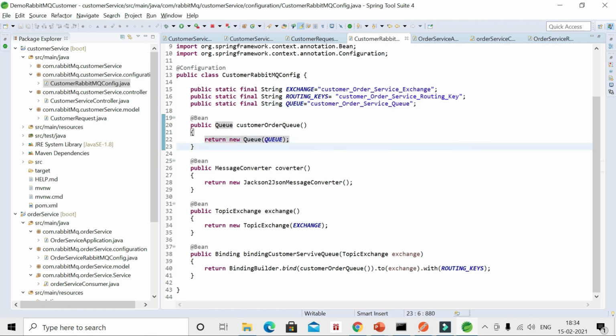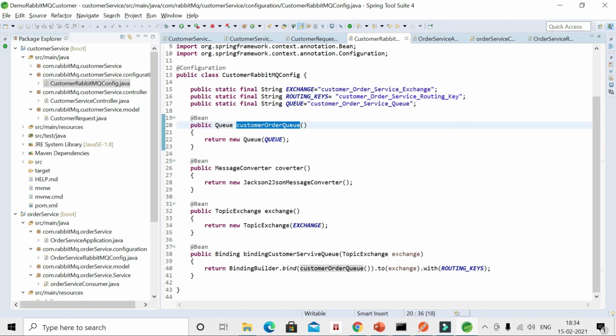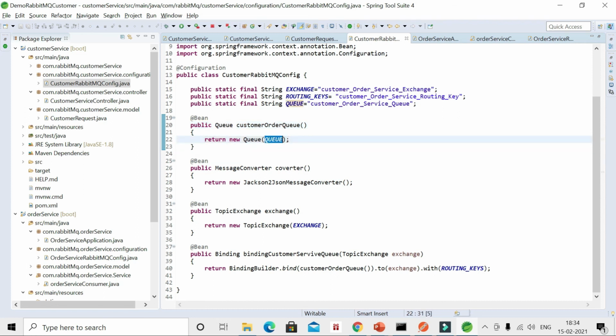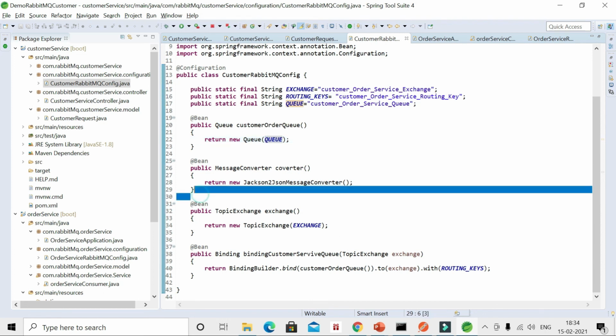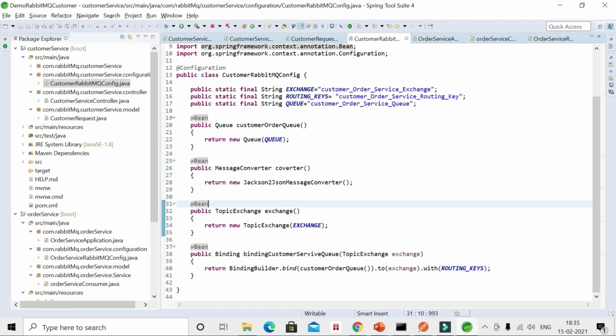Then we created a method called customer order queue, which returns a queue. Then we used a converter to convert our message to JSON, with @Bean to load this method when the Spring Boot application is loading.